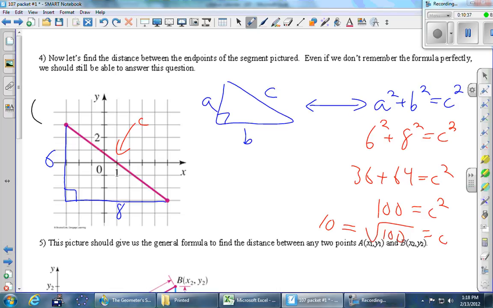What are the coordinates of this point right here? This point at the top? -3 and 3. And Eliza's already pulling out the formula here. What's the other point? -5 and -3. So if we know those coordinates right there,